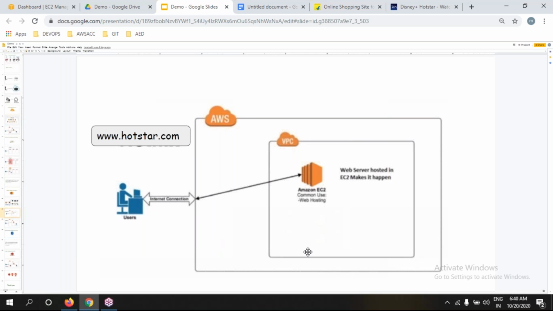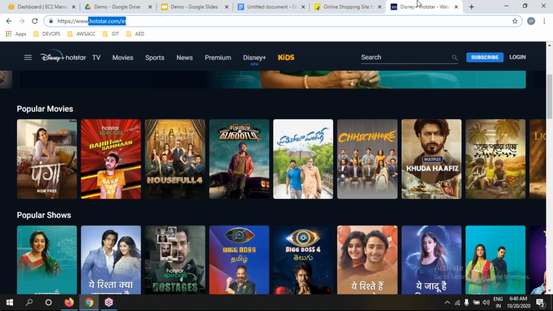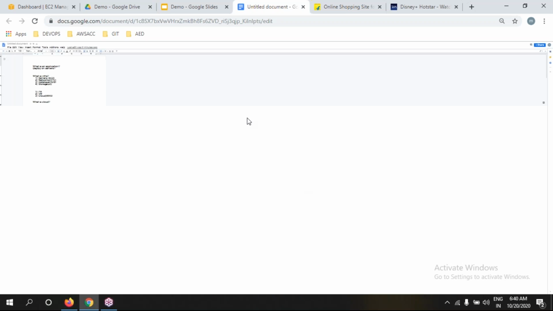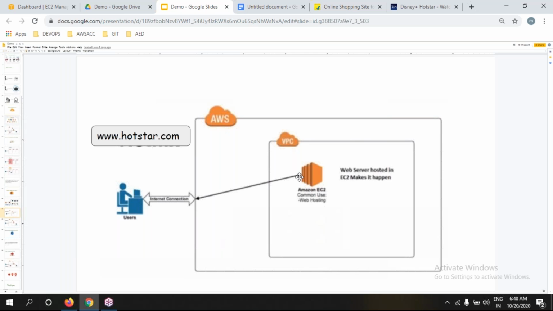In this network, we're going to configure our server. On top of this server, we're going to deploy the Hotstar application. After successfully deploying it in EC2, we can access it over the internet from a laptop like this.